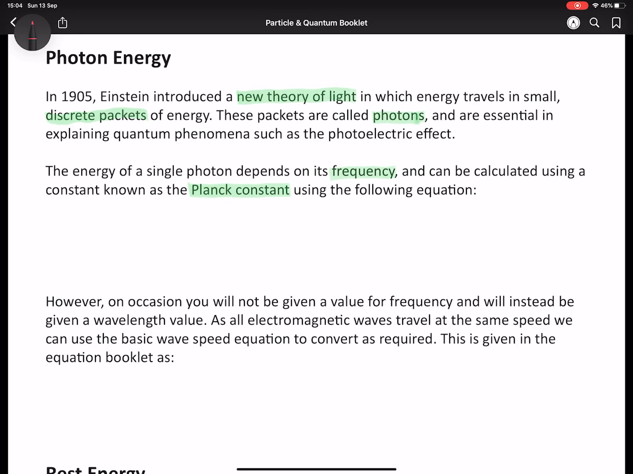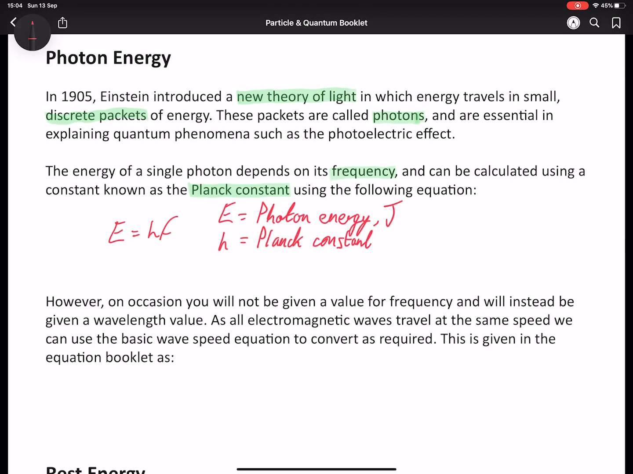Now, as we understood, waves are affected by frequency, as illustrated by the electromagnetic spectrum. An equation was formed utilizing Planck's constant to show this relationship. So we have E equals hf. E is our photon energy measured in joules, and h is this new value, the Planck constant, which is simply